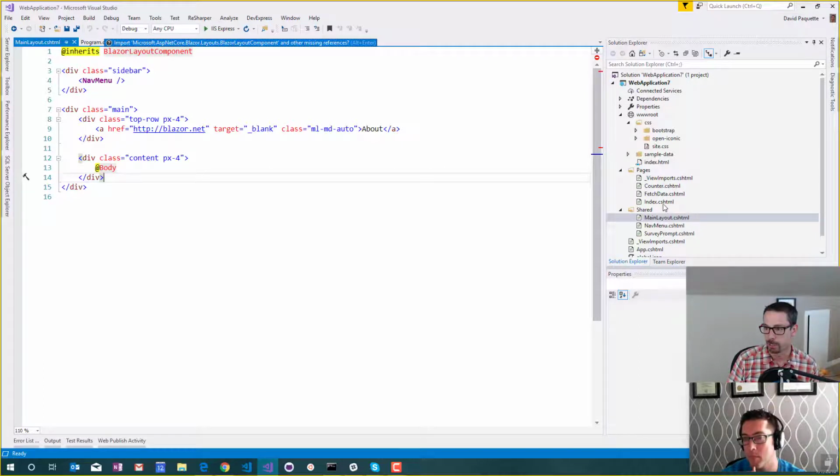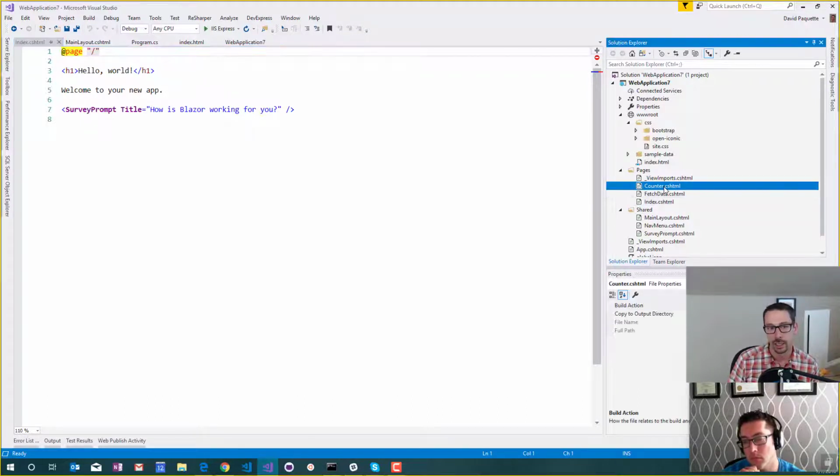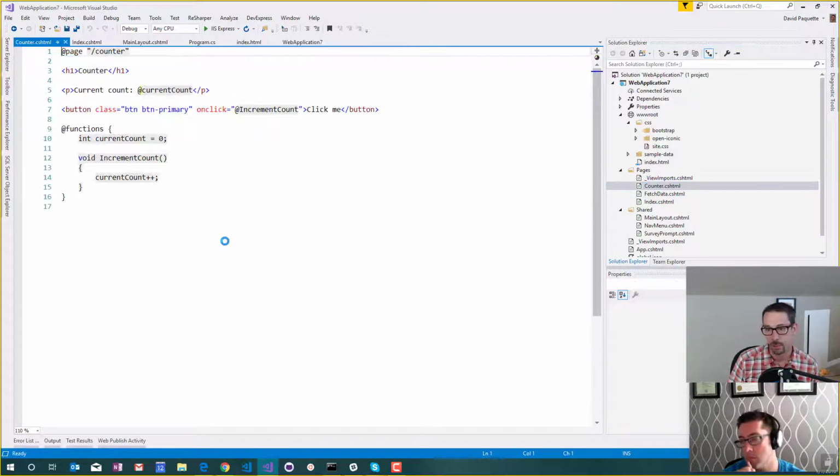And if we look at individual pages, like that index page, that's where we had the hello world and welcome to your new app, and that link to the survey where they're asking for your feedback. Then we have this counter page, which was the one where I was clicking on the buttons and it would increment. So let's look at this a little more closely. There's a few interesting things that are a bit different than classic, server-side Razor that we've been used to. First of all, there's this page